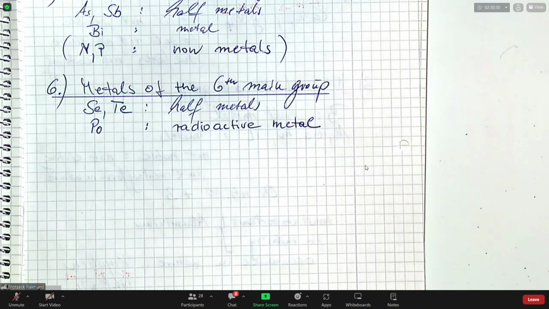It's a radioactive metal. That means it's not stable. It undergoes radioactive decay. Just the principles which are possible: we have alpha, beta, and gamma. And to know about these principles,